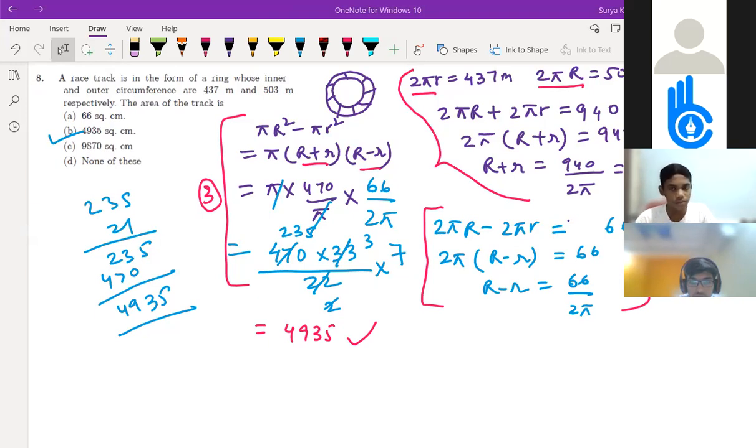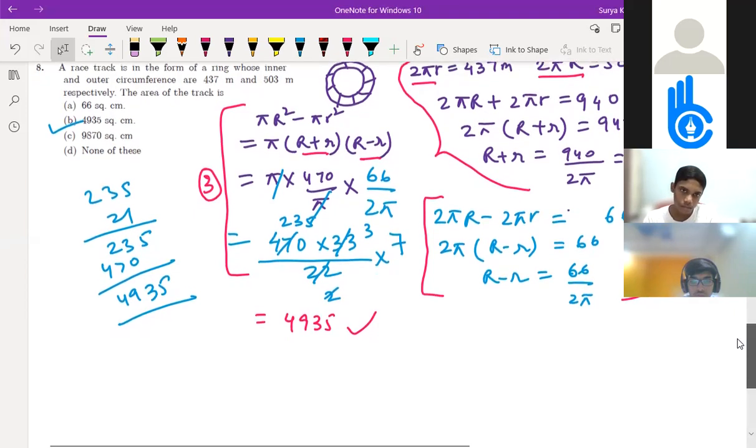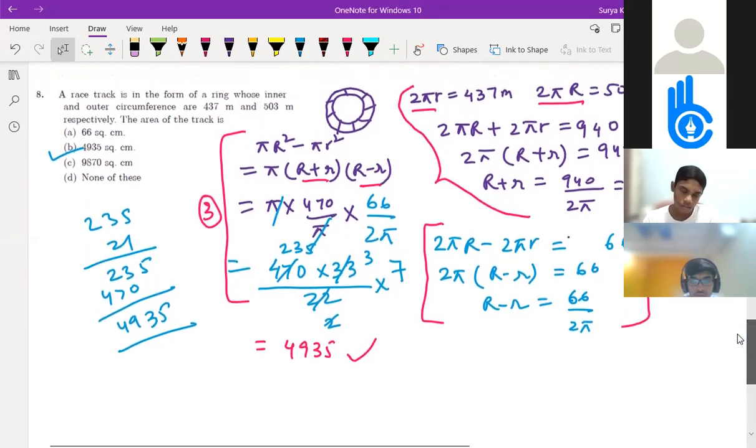One minute, I'm seeing that answer, what they have solved here. Have they solved with a different method or the same? Acha, easy method, what have they done? Just let me check. They directly took the value: 2 pi r1 is equal to 503, 2 pi r2 is equal to 437. That I have also done. But it got a little bit lengthier by the calculation. So 2 pi r1 is 437. This becomes lengthier only. Yeah, correct. R1 is equal to 470. But okay, fine.